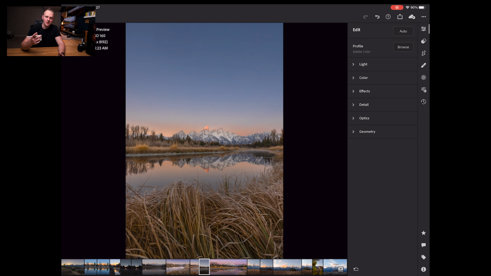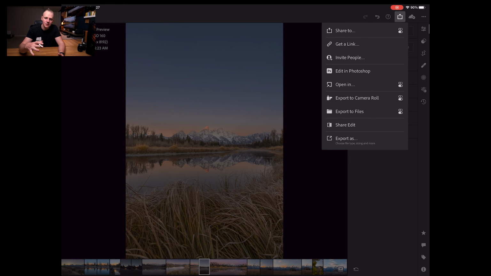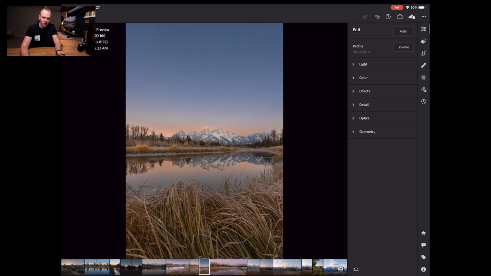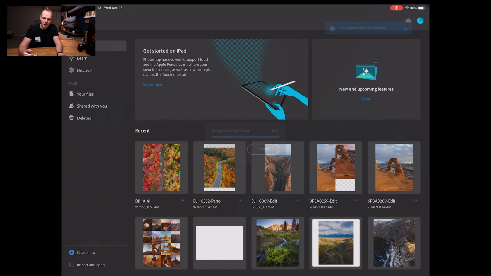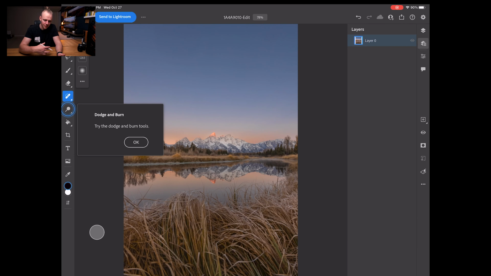If we wanted to take it one step further, I also have Photoshop on this iPad. Now, I like to do a slight autumn blur or autumn glow on my photographs, just depending on what the scene is. In this photograph, I think it would look really nicely on. So if I go up to the top right and then hit edit in Photoshop, it will bring it into